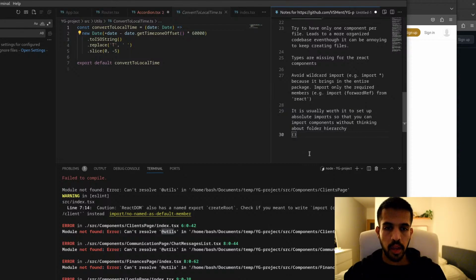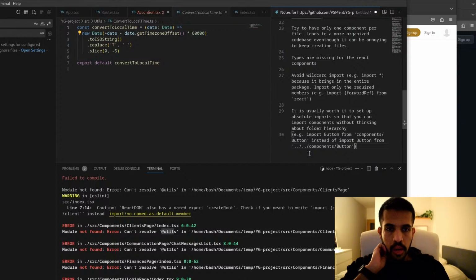So for example, import button from components button, instead of import button from dot components slash button. Right.